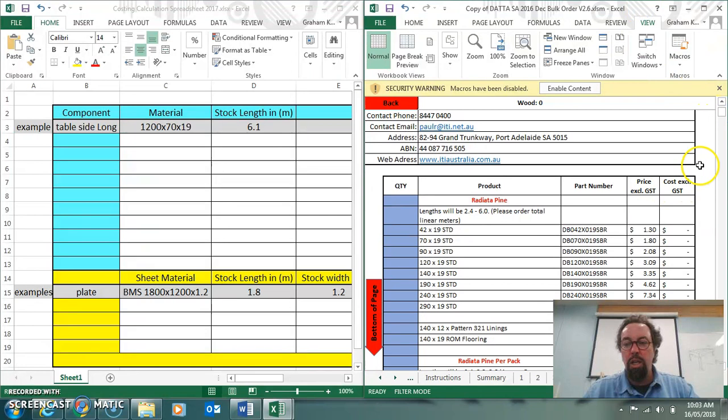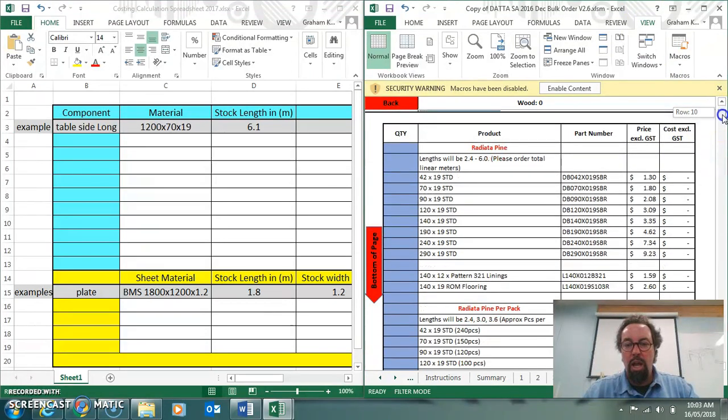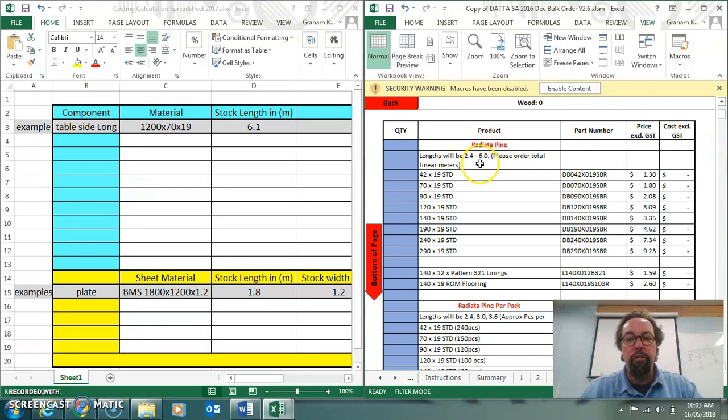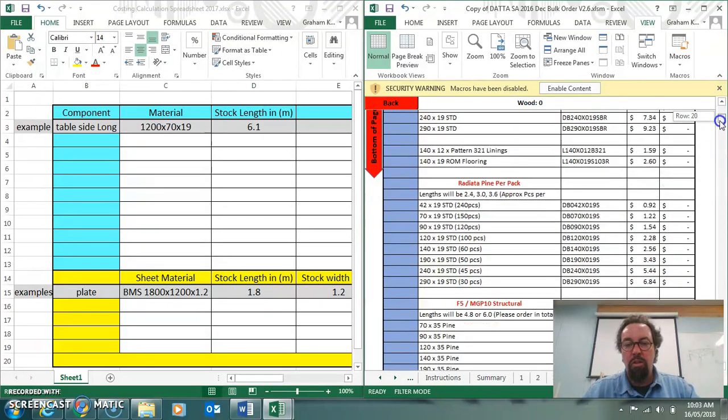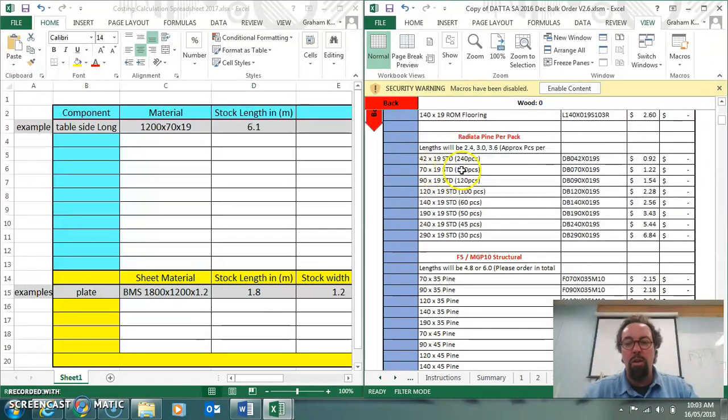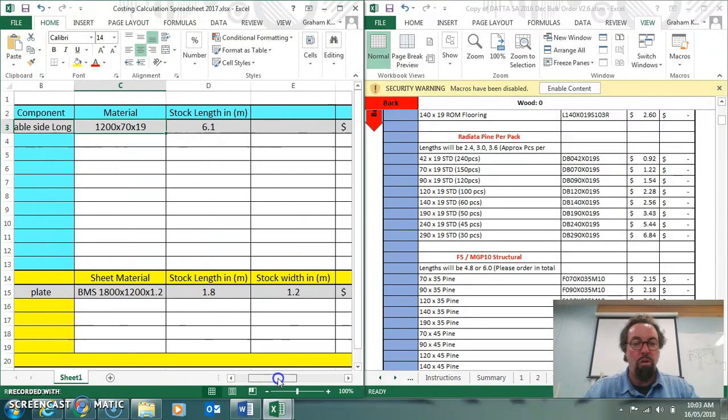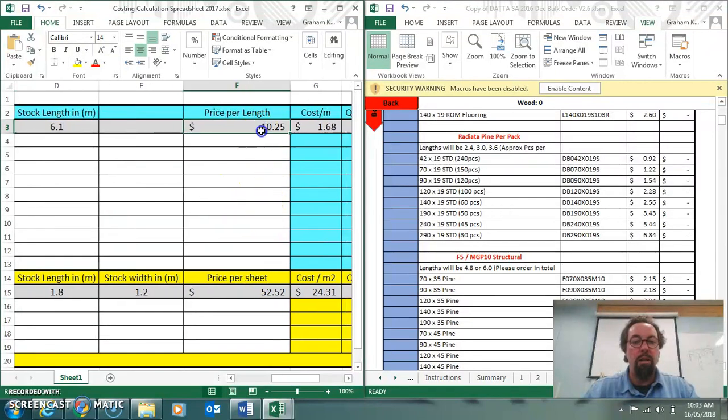The cost is GST. And lengths will be 2.4 or 6 meter lengths, and the cost will be per length. So I'm going to scroll down to find my 70 by 19 standard, and I know it's going to be $1.22 for a 6 meter length. $1.22 for 6 meters of 70 by 19. That's fine. So I'm going to go back to my Excel spreadsheet, scroll across, type in